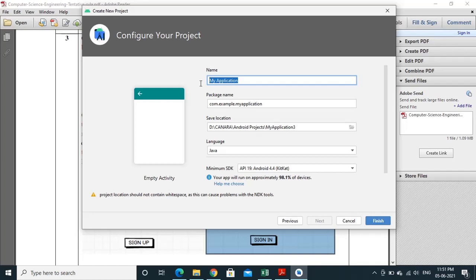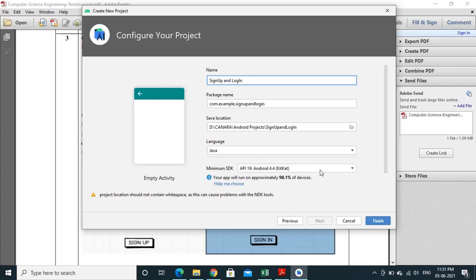I'll give it as sign up and login. Select the other requirements, language as well as minimum SDK.